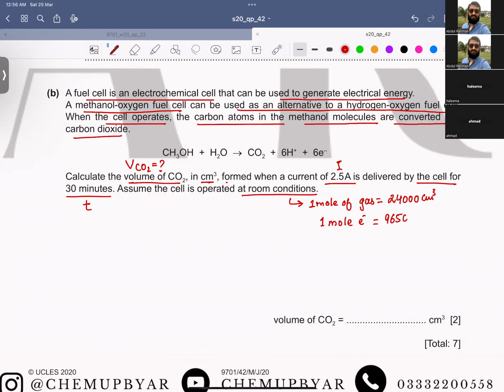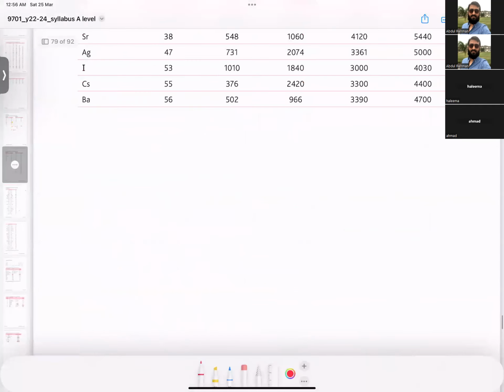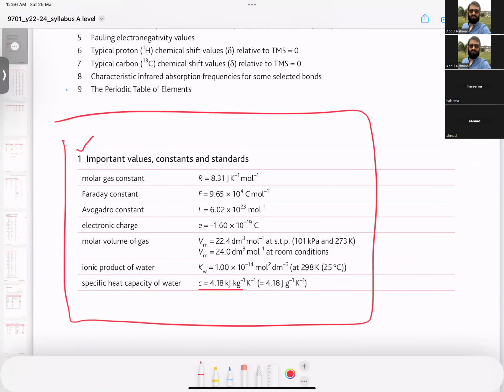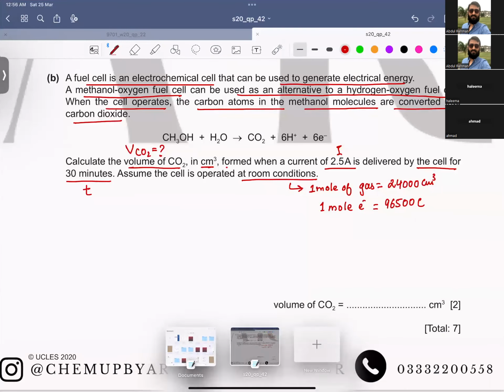Good. 96,500 coulomb. If any of you does not remember this charge, at the end of the paper the periodic table and this table will be provided. Here you have this value that is called Faraday's constant, and Faraday's constant is basically the charge of 1 mole of electrons. You can see this value on the page before the periodic table. Okay,